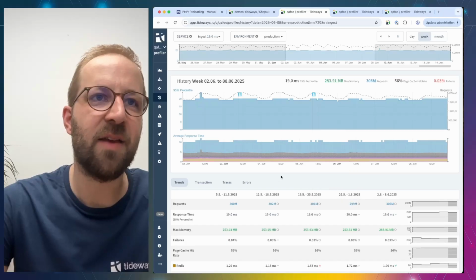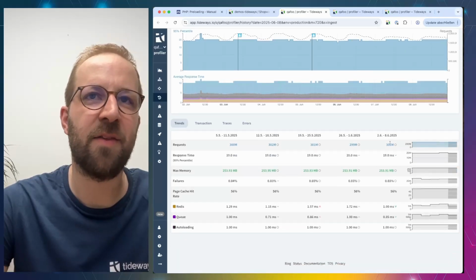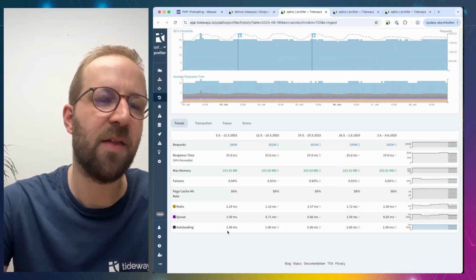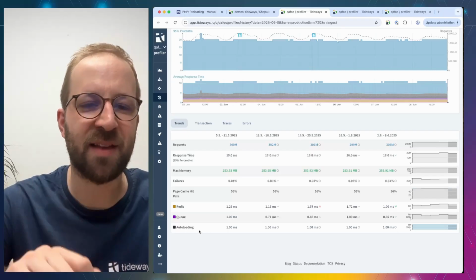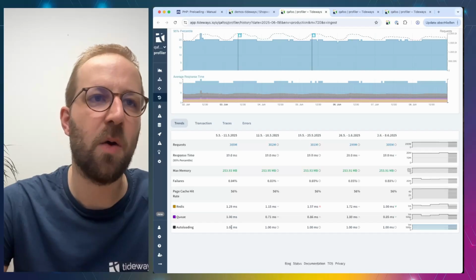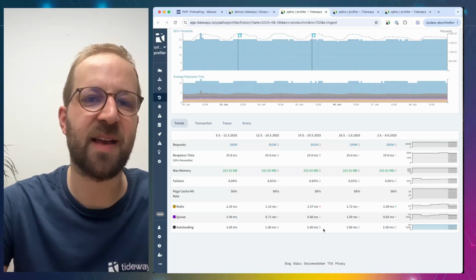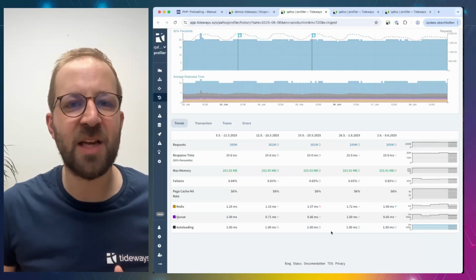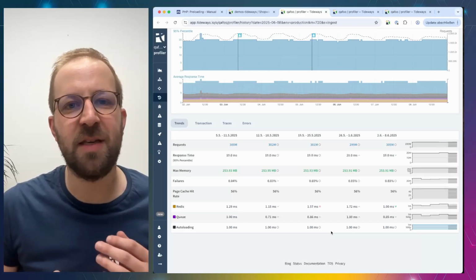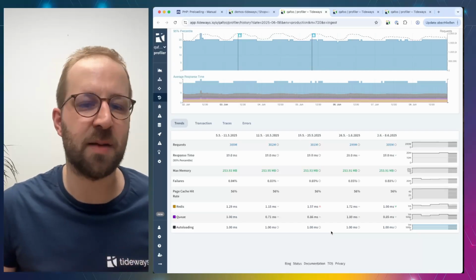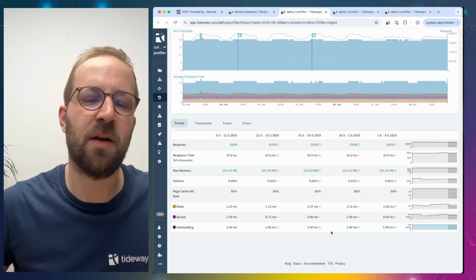We can see in the history of Tideways that in the last 5 weeks, the impact that autoloading had on this performance was always just 1 millisecond. So if we set this in relation, we are expecting to see a 5 to 10% improvement by using OPcache